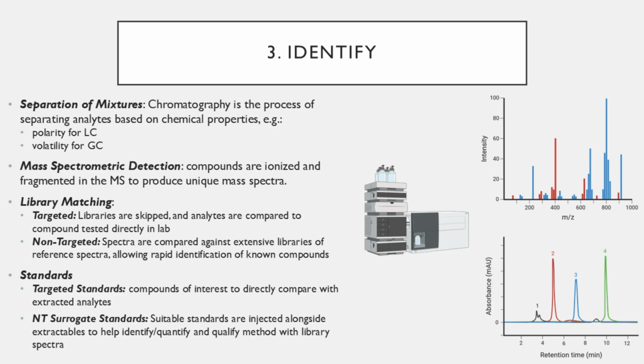In the case where I'm doing a non-targeted method, I'm going to have to use non-targeted surrogate standards, where I'm acknowledging, hey, I can't detect everything in this 5,000 reference library spectra compilation that I'm going to use. So I'm going to test a variety of different compounds of different polarities and different solubilities to try to cover the gamut of different organic molecules that I might look at. And whatever compound I find, I need to somehow associate with one of those surrogate standards. You're never going to use just one surrogate